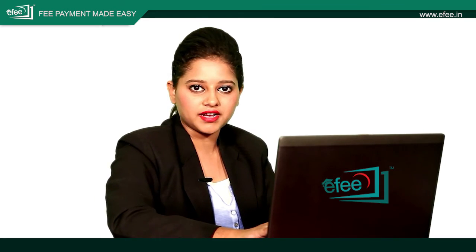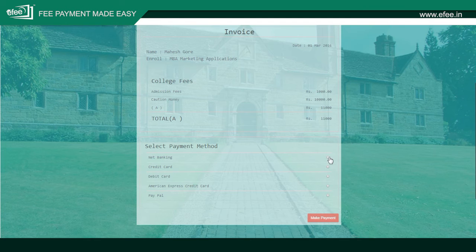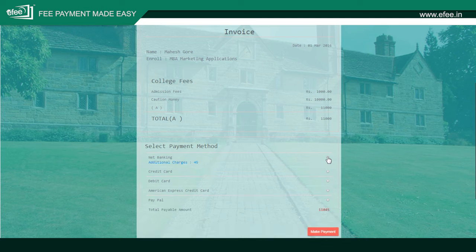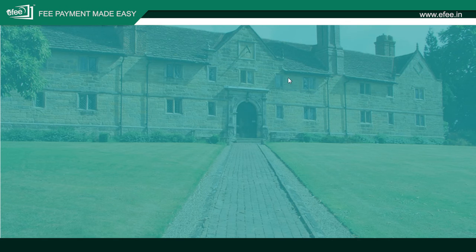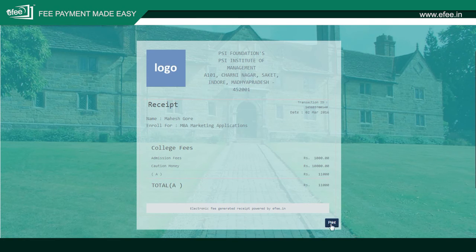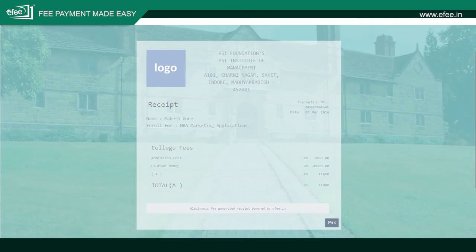Here it is MBA Marketing Application and the other details. Again you have to select the payment mode. So here we choose Net Banking and click on Make Payment. After the payment is successfully done, you will be getting the receipt, having the transactional ID which is unique, and you can click the print option to get the printout.